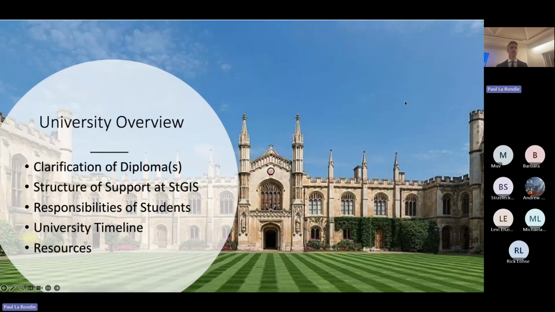5 main areas. First, I want to talk about the diplomas. Again, what we offer with the IB diploma and what we offer with the StGIS diploma, what that translates into for university options. I want to talk about the structure of support for university and careers guidance here at the